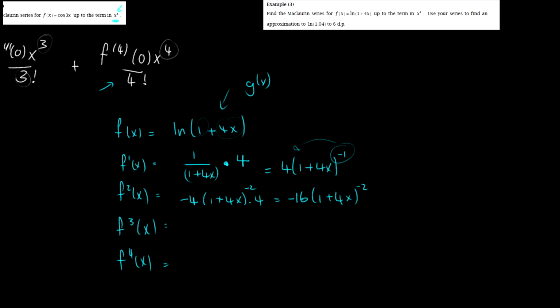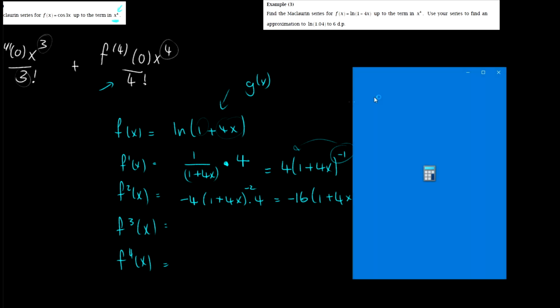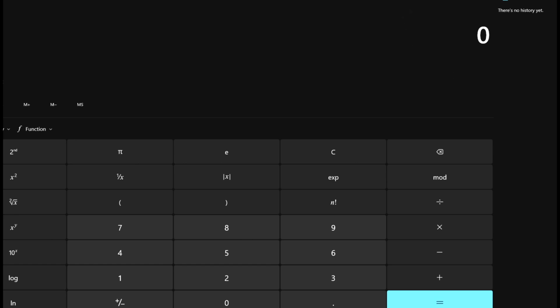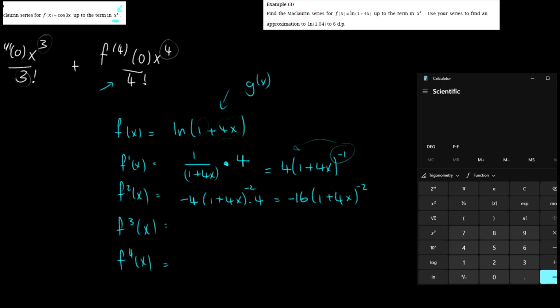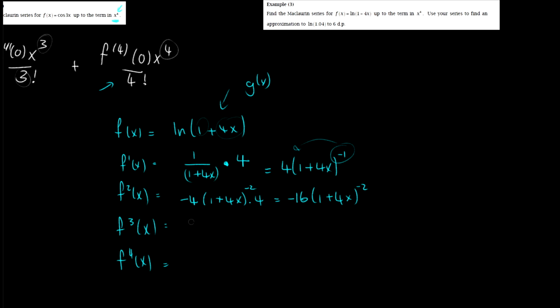I need a calculator. Anyway, I'll quickly write it here. So it's going to be 32. Okay. Let's have a calculator here. So look, in this case, I'm just going to multiply forward times the differential of the inside. So it's going to be -2 times that. It's 32 times 4, what? 128. So this differential will be 128 (1 plus 4x)